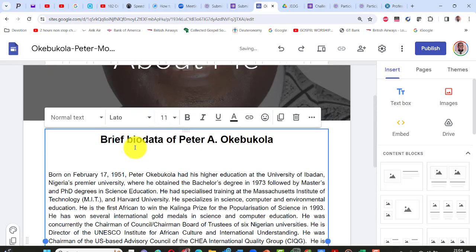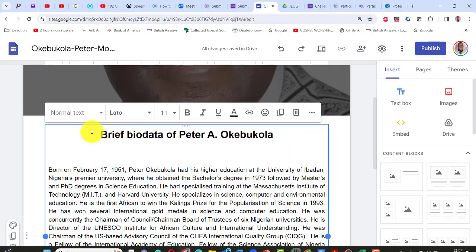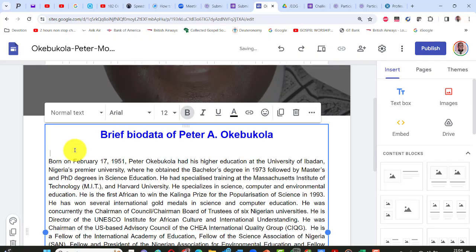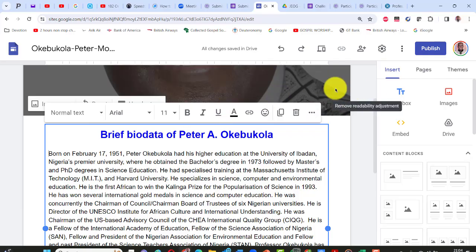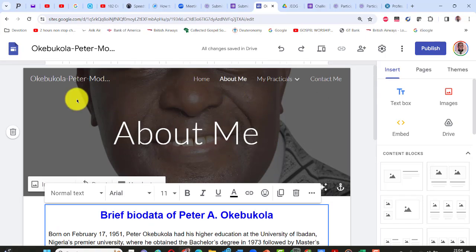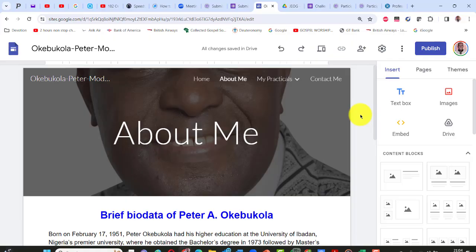So that's it. You can make this thing jazzy, make it look nicer. You can change this one to blue or whatever color that you want. You can underline. I leave this to you. But this is just to start. We're going to be improving on this as we go along. So what have we done? We have set this website in motion. It's a zero draft, more or less. What's next is for us to ensure